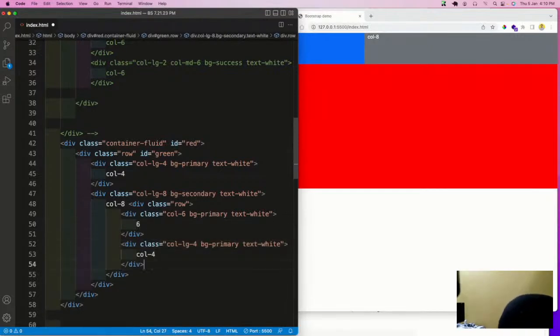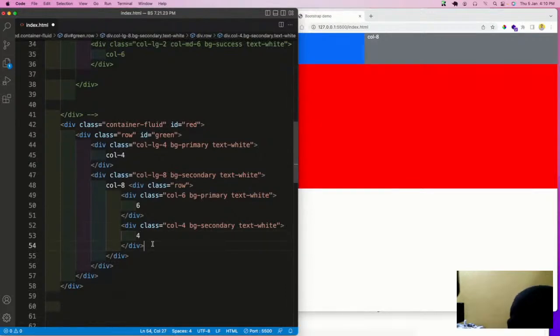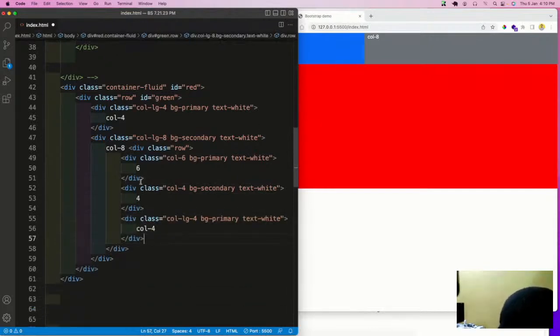Again, we use col-4. 6 plus 4 is 10. bg-secondary, text white. We use 4. And the last one: 6 plus 4 is 10, and 10 plus 2 is 12. bg-success, text white, and here we use